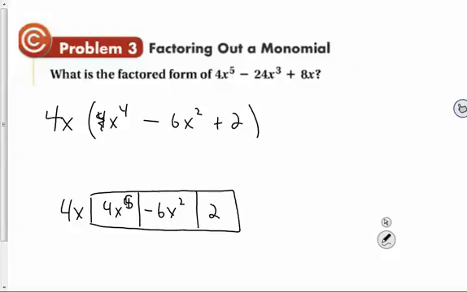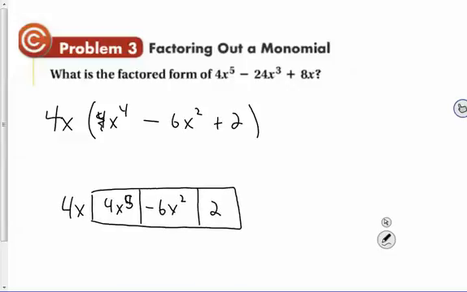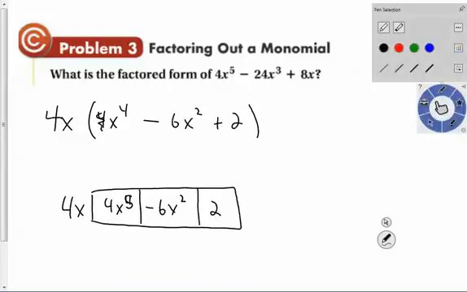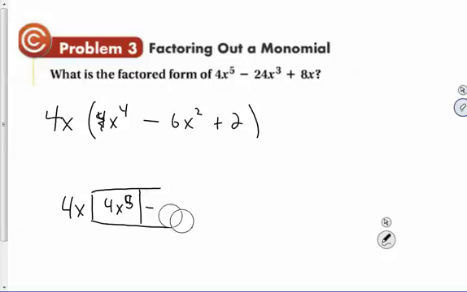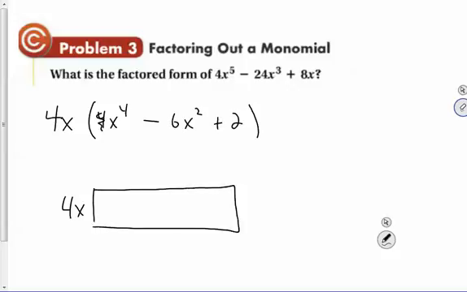I just goofed that all up. Hold on. Change that. We're going to change that. So let's change that up. So it's 4x that is the common thing that we have. So let's change it up, and inside of here we're going to go 4x to the 5th minus 24x cubed